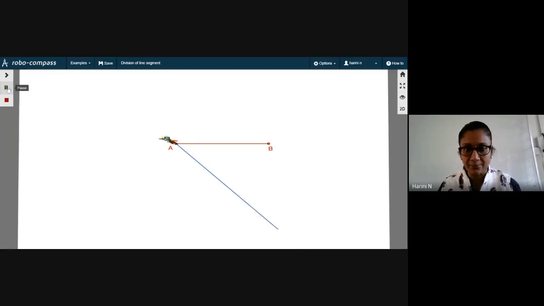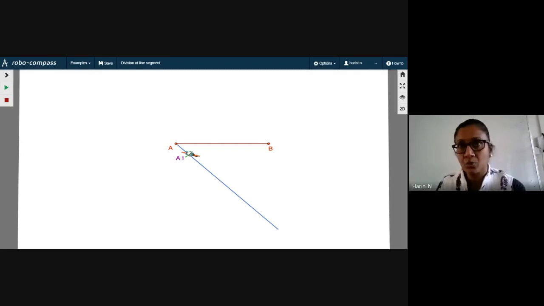All right, so see how I am doing it. First, observe what's happening. I have taken the compass, taken a small arc and cut it over that ray. And see, immediately I have marked that point of intersection as A1. So do that first. Take a small radius in your compass. Why am I repeating it, a small radius? Because on this line that you have drawn, this blue color line, that is the acute angle, I have to mark 7 arcs, each of them equidistant from each other. So that radius will not change.